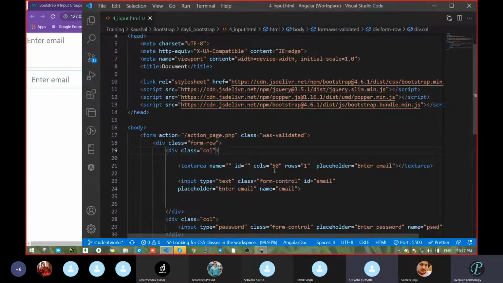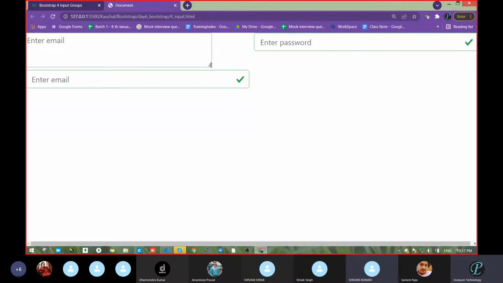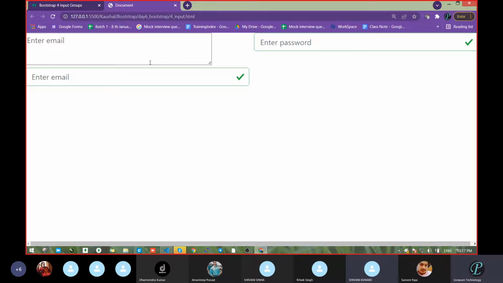And here we had passed cols 50. That's why it's not going inside also. But it goes up and down. Clear? So if you pass like that, it will take the value. But if you look directly, blindly, then you will not see any difference.